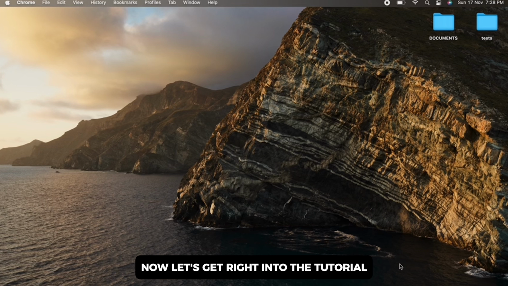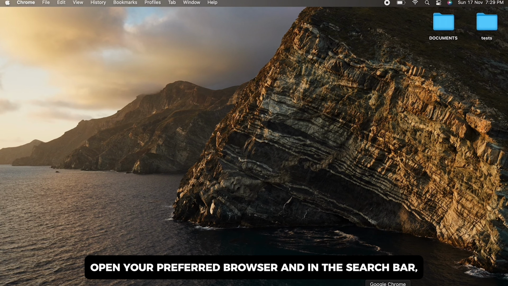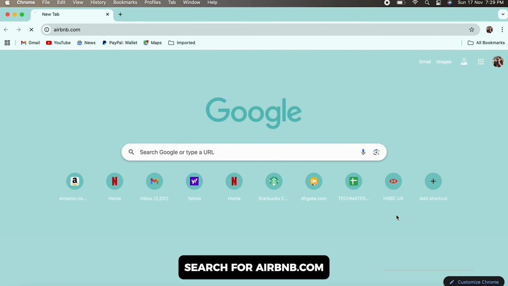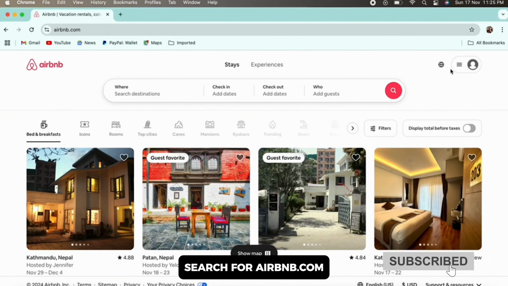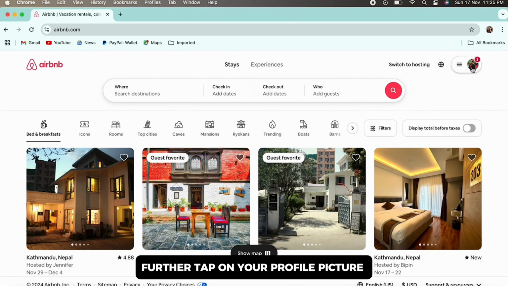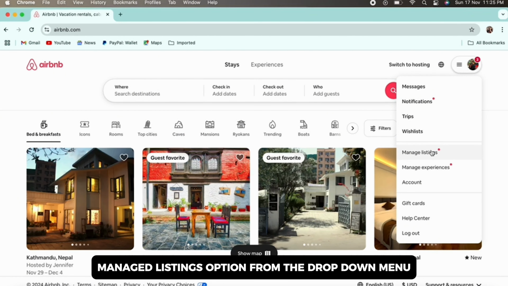Now let's get right into the tutorial. Firstly, go ahead and open your preferred browser and in the search bar search for airbnb.com. Now log in to your Airbnb account. Further, tap on your profile picture in the top right corner and then select the Manage Listings option from the